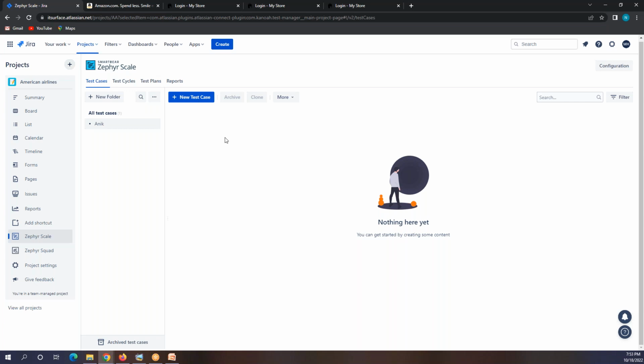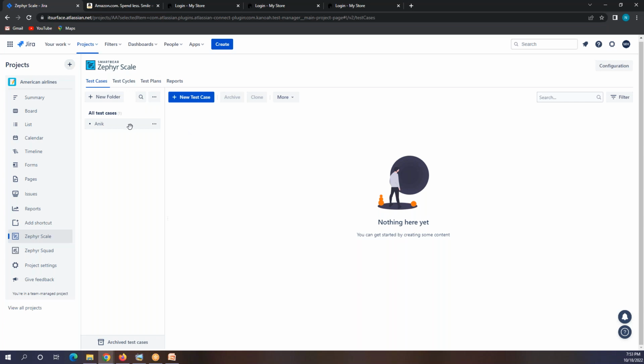Just click on new test case, add the 2 test cases that you already have in your Excel sheet. Once you get it here, go to that execution and try to execute that. In the project, you also have to execute the test cases in the same format. You have to write the test cases, and it will be here. Once you are done, then you can execute the test cases.